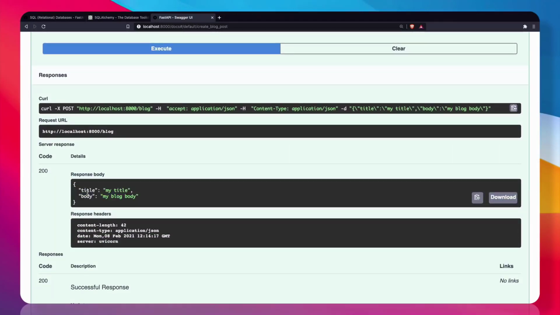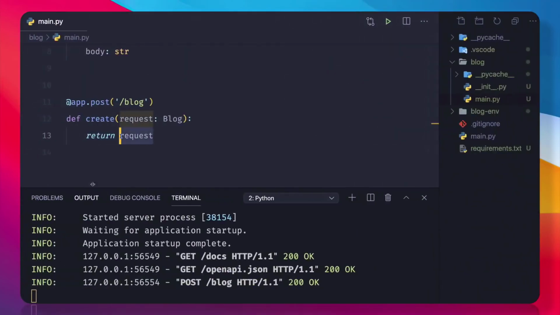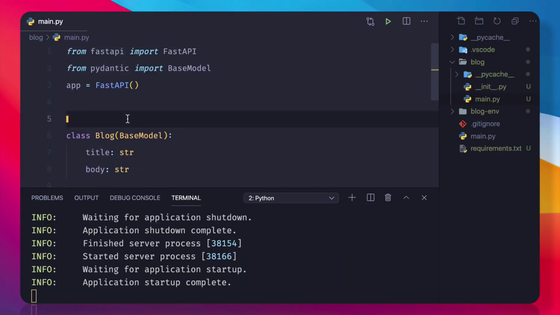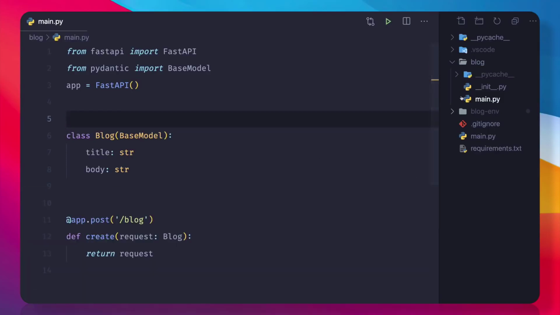Now we need to store all this information we got from the request body into the database. For that, we need to first connect to the database. Let's see how we can actually connect our FastAPI with the SQLite database. But before, I want to do one thing. How about creating a new file called